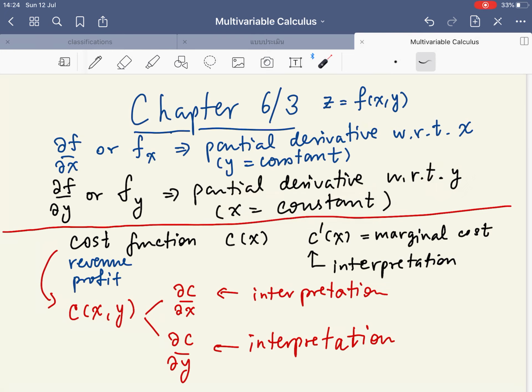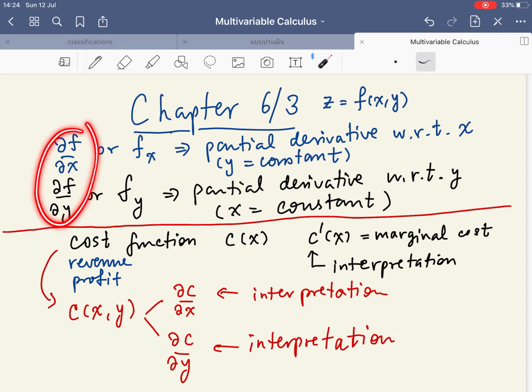We also recall what you have learned before the midterm: if you have a cost function of one variable, a derivative of this cost function is a so-called marginal cost, and it has its own interpretation, right? Like the increment of your cost if you produce one more product from what you have produced. So today we are going to talk about this kind of interpretation as well as a simple application of